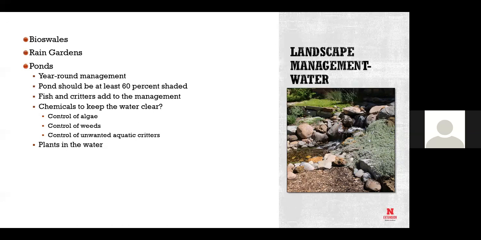Ponds, and here's the deal on managing bioswales. Like it or not, one of the simple things in a bioswale or in a swale is turf, as long as those slopes are not too steep, because you can mow it. You can mow it and keep it looking clean and tidy, or you can use a turf that doesn't need mowing or a ground cover type. Rain gardens can be as simple or as complex as you want. The tricky part on managing a rain garden is one that has woody plant material in it, if you are not doing your own management.